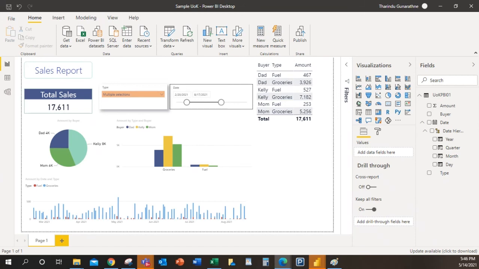You can get the embedded code of this dashboard, so you can simply map that dashboard to a website.